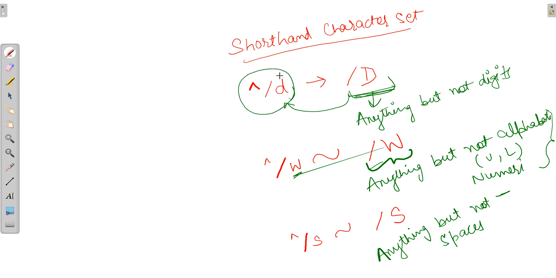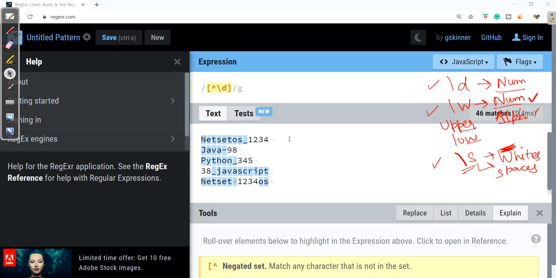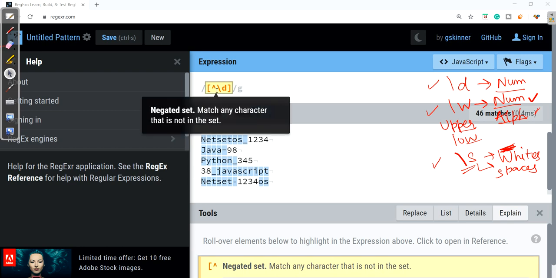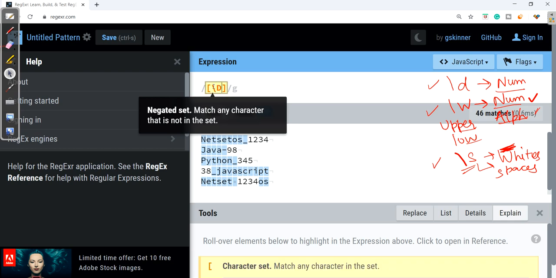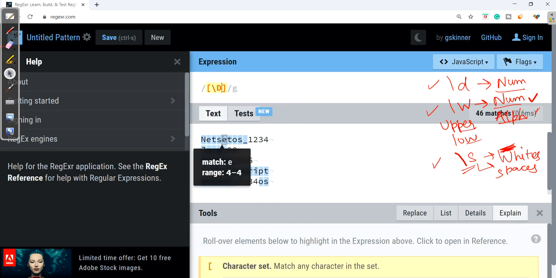Let's see with practical example, because understanding with practical example gives us a clear understanding. So here instead of writing negate \D, I can write \D. It's taking the same characters but not numerical one.